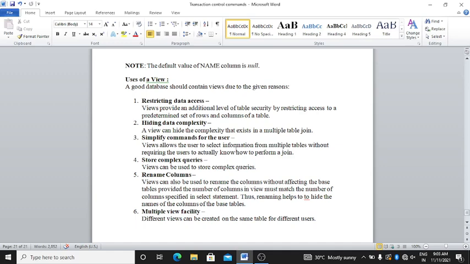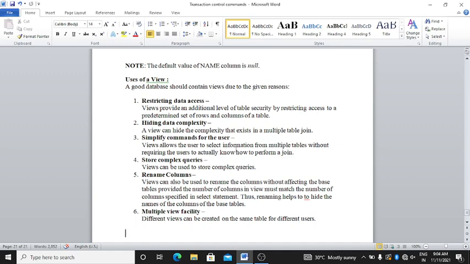Second is hiding data complexity. A view can hide the complexity that exists in a multiple table join. Third is simplifying commands for the user. A view allows the user to select information from multiple tables without requiring the user to actually know how to perform a join.